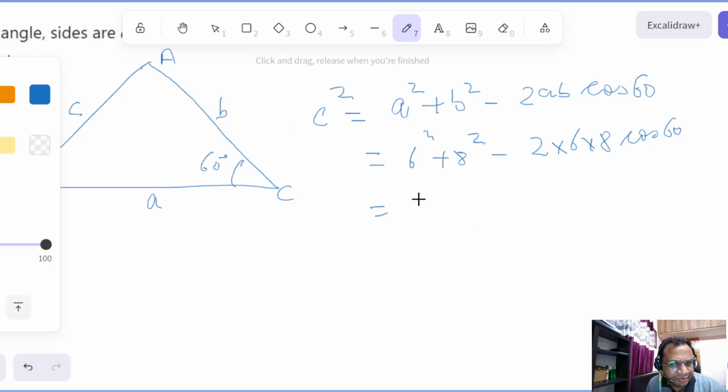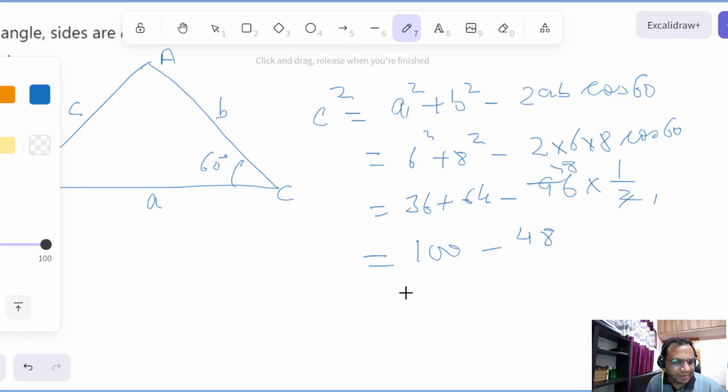So 6 square, we get 36 plus 64 minus 2 times 6 times 8 is 48. 48 times 2 is 96. You can directly write 96, cos of 60, which is 1 by 2. So this will come out to be 36 plus 64 as 100 minus 48, because yeah, you can cancel it. So 100 minus 48 will be